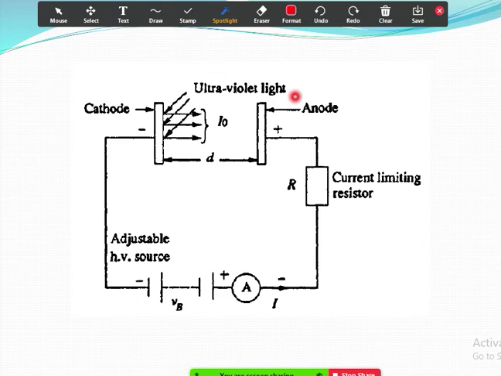As with initiating any process, the electrons won't come on their own. We have to initiate the process, like in your power plants, in boilers. Coal will not burn on its own, right? So you have to initiate the process by applying some fuel. They will ignite the fuel, the fire will catch, and that fire will burn the coal, and that process will sustain.